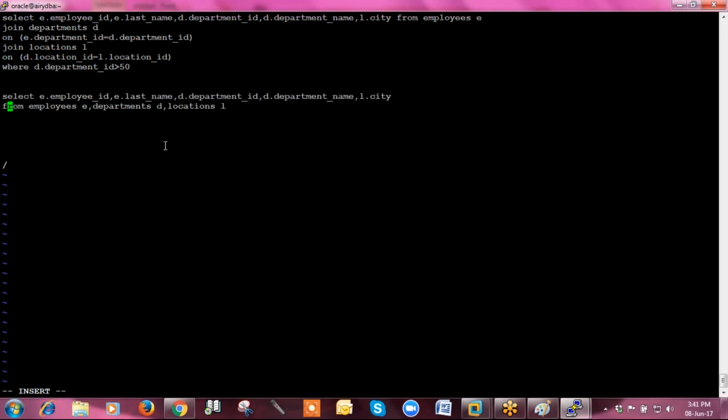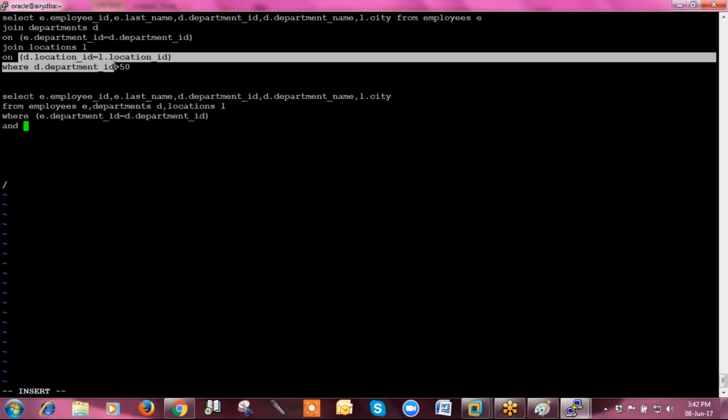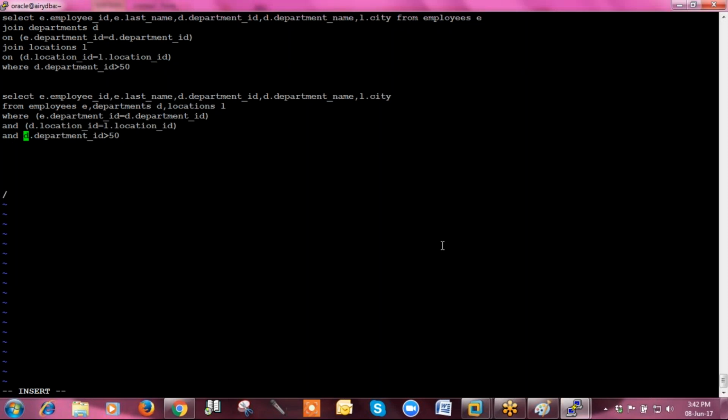Select, and where. So I have written that same syntax in ANSI standard.